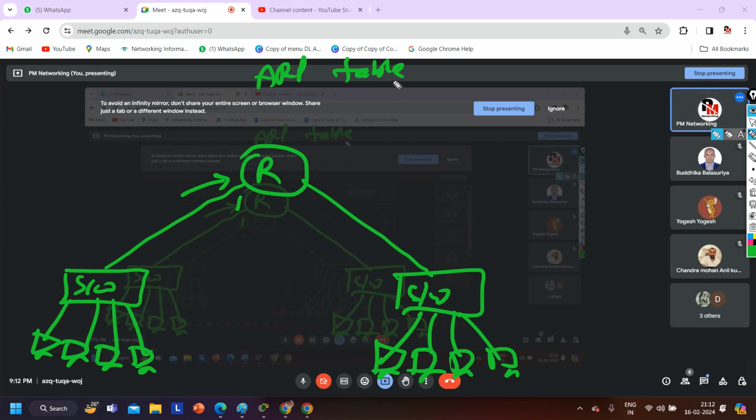So router is also going to maintain an ARP table. The second thing is that whenever you will configure an IP on this interface,